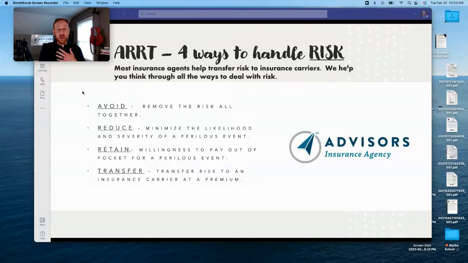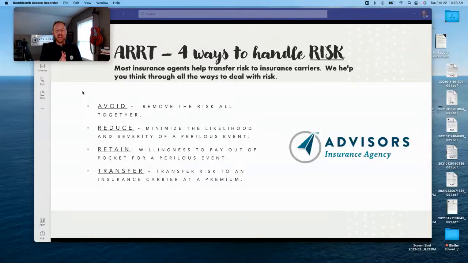A risk that I personally retain all the time is I do not buy warranties. I don't buy home warranties. I don't buy warranties on televisions, on cars, nothing. The likelihood of me having to use a warranty is low. And if I do need to, all the money that I save from not buying warranties, if I've just saved that up, typically I've got enough money in my savings account to cover those types of things. So I have chosen to retain the risk of malfunctioning products that I've purchased.